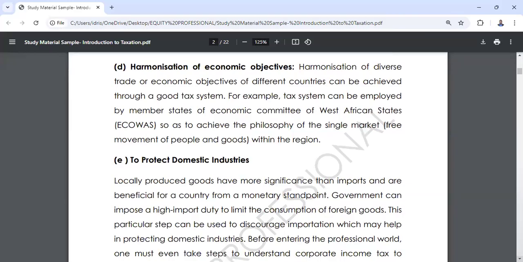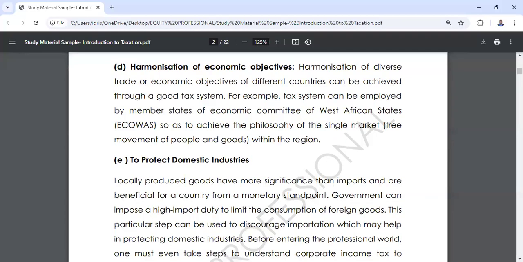Government collects tax to protect domestic industry, local industry. How does this one work? By imposing more tax on foreign companies, foreign industry that come and do business in Nigeria. They pay more tax than the local industry. You understand? Local industry or domestic industry,